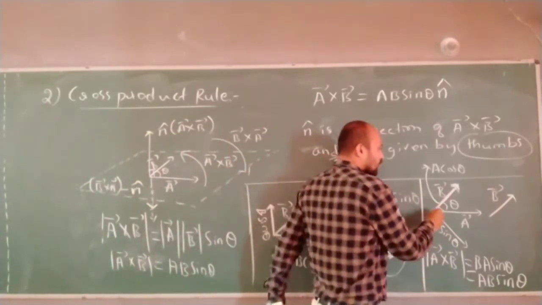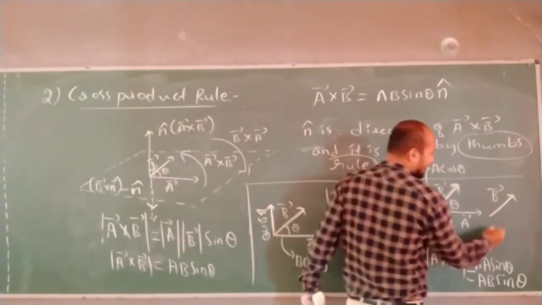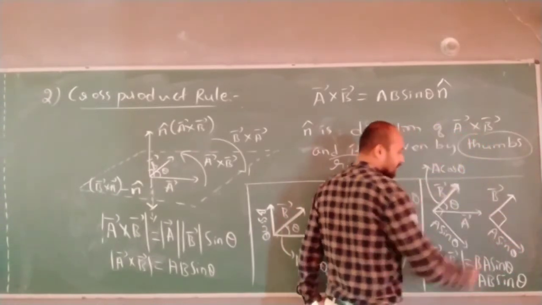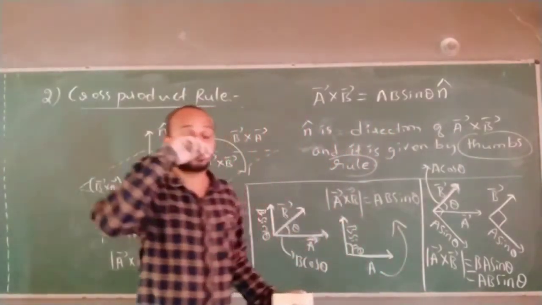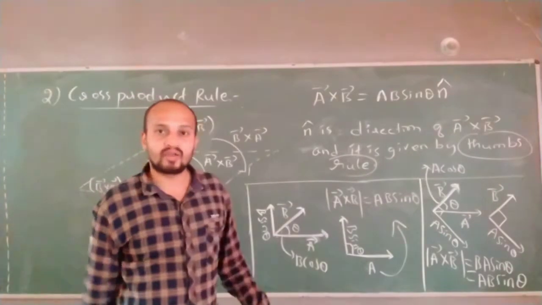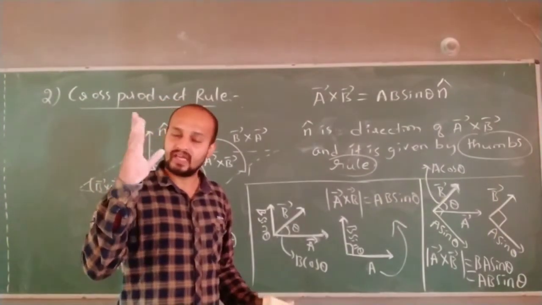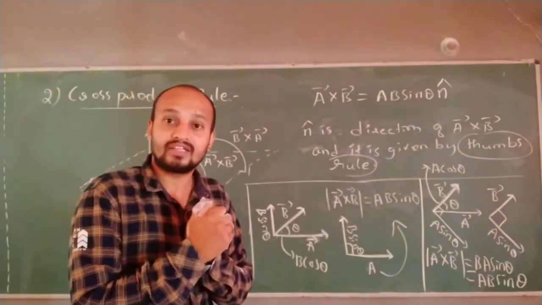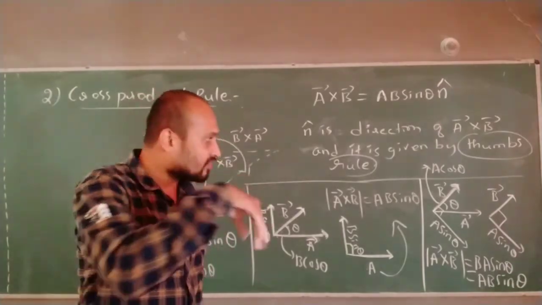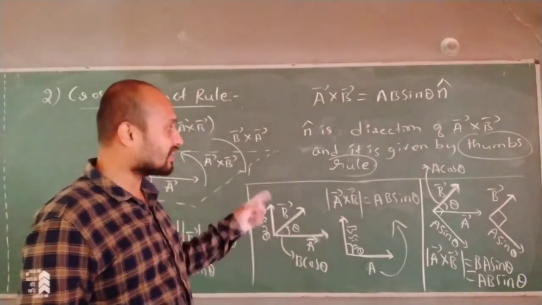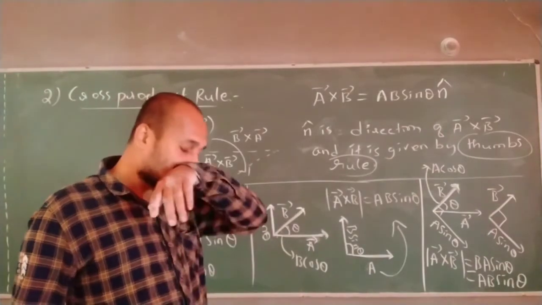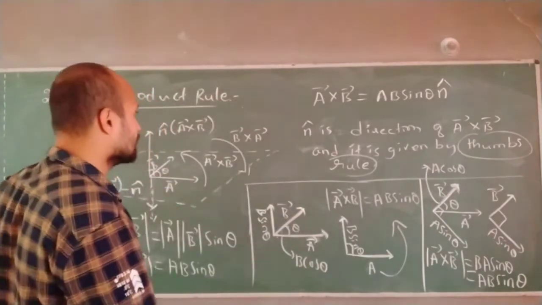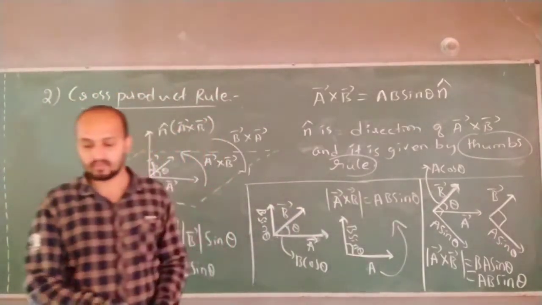Correct now? Here vector B is like this and vector A sin theta is like this. If I multiply two vectors which are perpendicular, this is the rule. So what is that rule I say? Two key points I can tell: when you are multiplying two vectors, they are perpendicular to each other. You are multiplying the vectors which are perpendicular to each other. Second thing, the product of those two vectors will be again a vector quantity. These two key points you have to remember in the product rule.